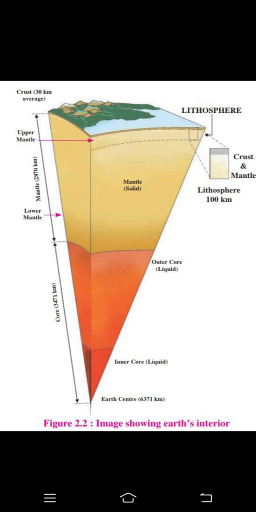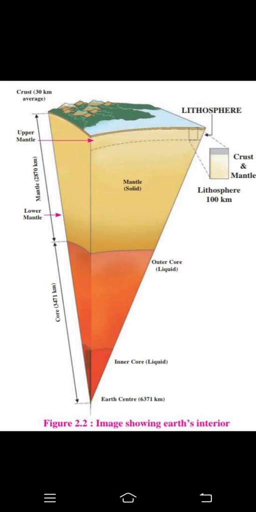Now let me teach you a little about outer core and inner core. First I will tell you what the core is. The core starts from around the deep of the earth. Like, the first layer of the earth is the core. The part of the earth interior extending from the mantle up to the center of the earth is the core. What they are saying is, from the center to the mantle, the in-between part is called the core. Okay? And then it is divided into two things, that is outer core and inner core.